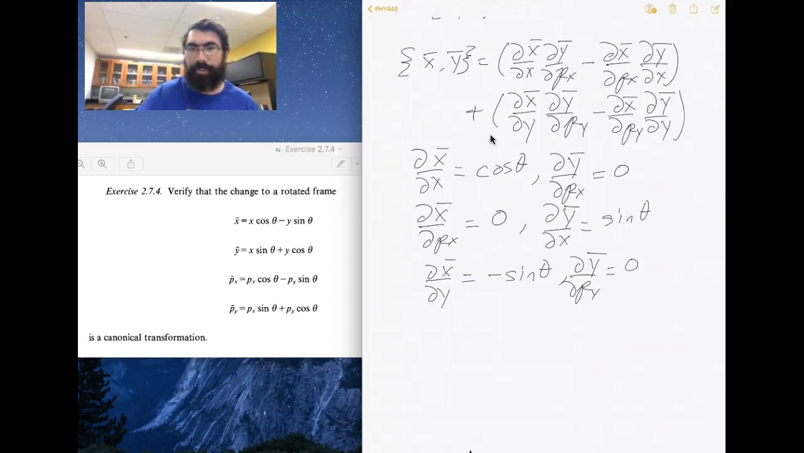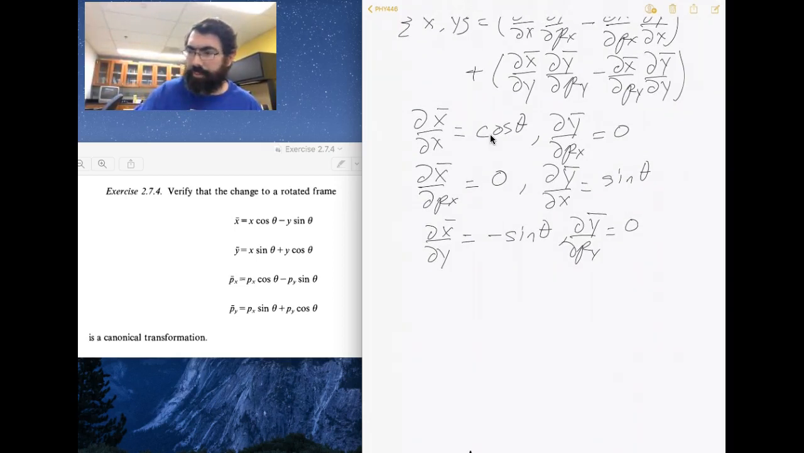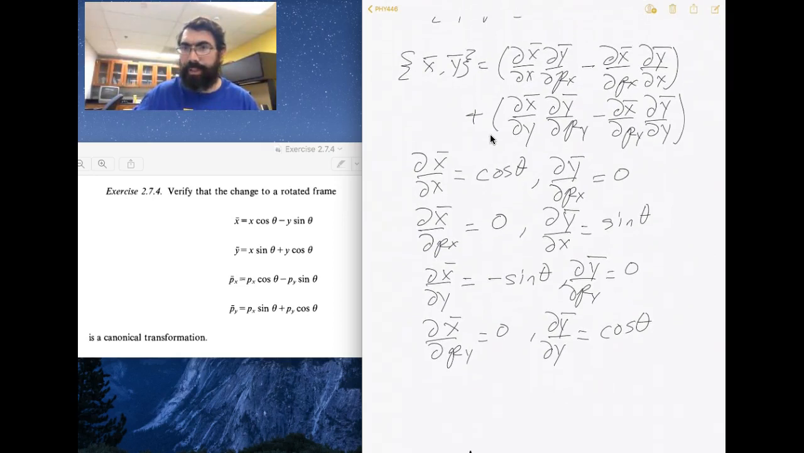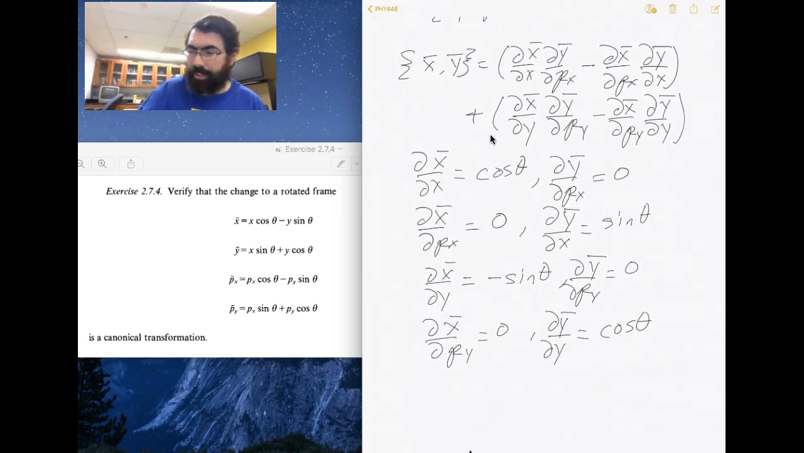And now the derivative of x bar with respect to py is 0, and the derivative of y bar with respect to y is cosine. So we've worked out all 8 of those derivatives, and now we put that into the equation right up here. And when I do that, I get the Poisson bracket of